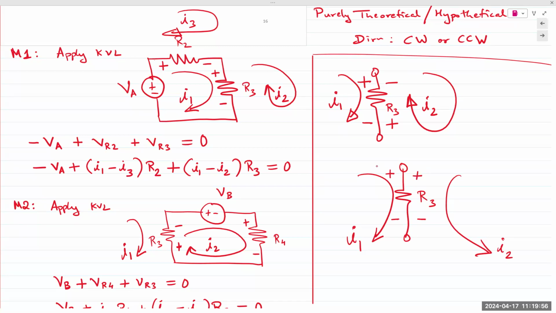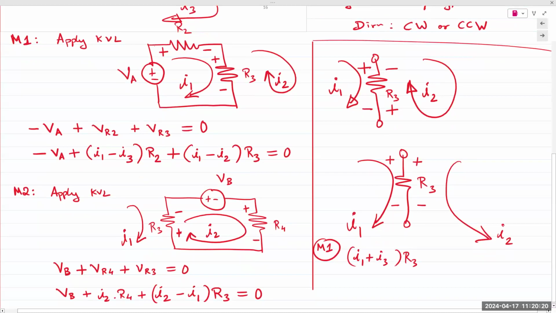Plus, minus. So now my equation would be, if I was to apply KVL in mesh 1, both currents are positive, both voltages are positive. And so I would have I1 plus I3 times R3. This would be for mesh 1. If I go to mesh 2 and apply KVL, that same voltage VR3 would become